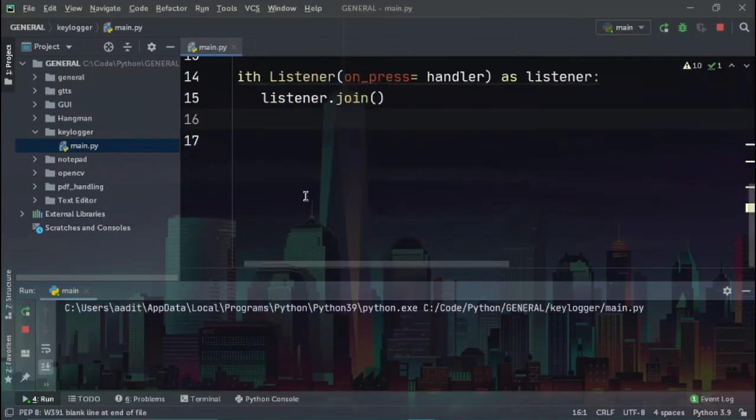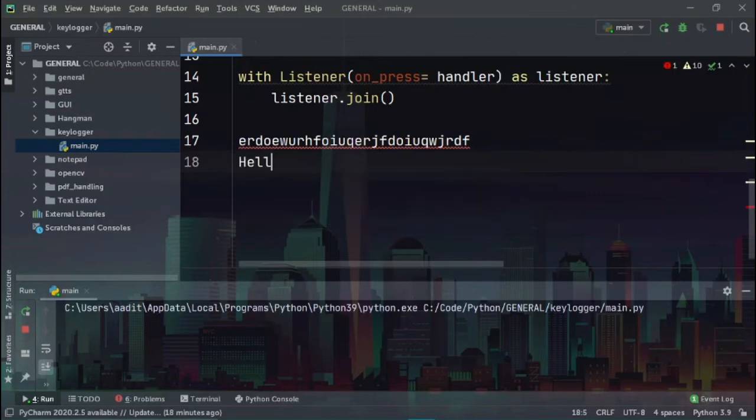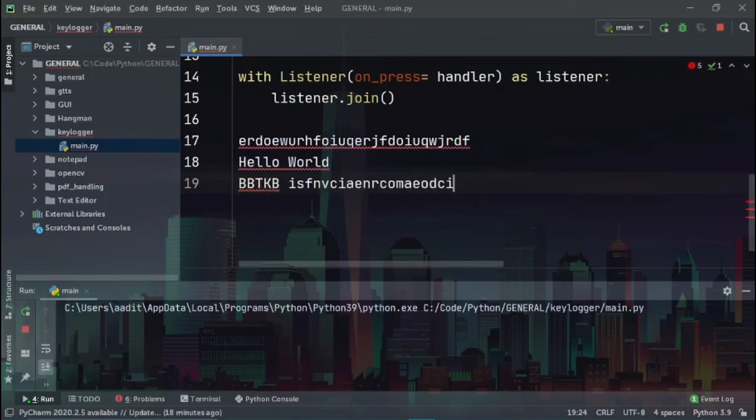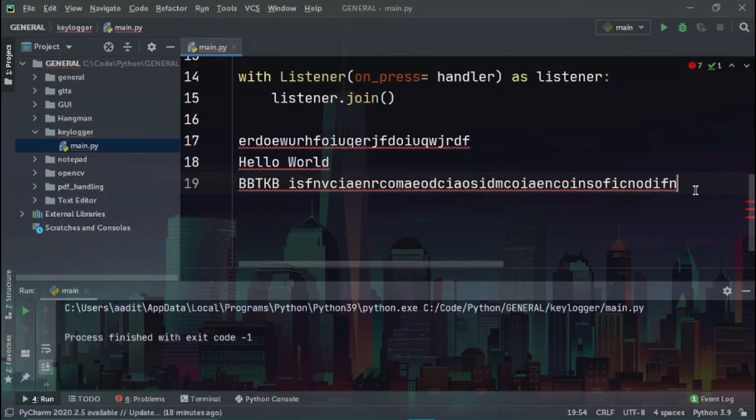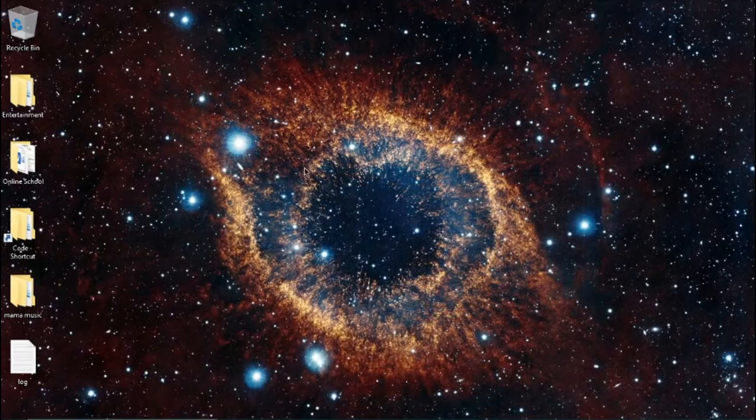And so what I will do here, I will just go down around here, type some random stuff, say hello world, may say bbtkb. Okay, then I'll put some more nonsense, and now when I stop it, okay, just let me go here and delete this code so that it doesn't interfere with our program. And now when I minimize it, what I will find is there is a log file made here. Now when I double click to open it,